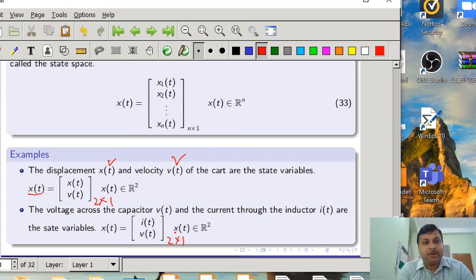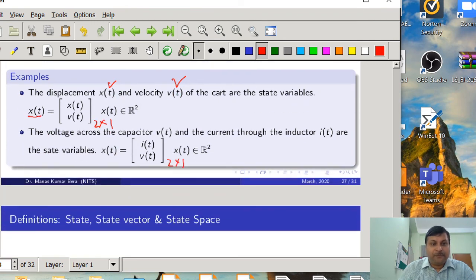So if it is a second order system, then at least we can have two state variables. That's why we have represented the system by choosing the state variables and using a vector, representing it in a vector matrix notation. Okay, so now we will move further, that is to define the